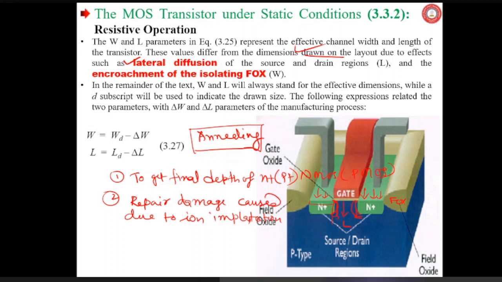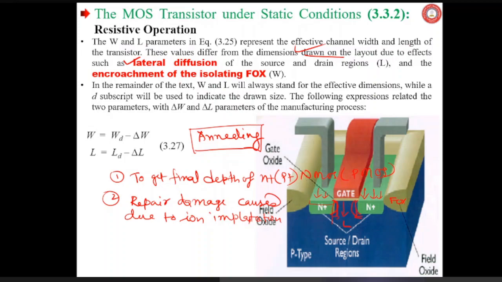It is used to isolate the MOSFETs. It is all around the MOSFET. You see that three sides you are able to see, but yes, the fourth side is towards you. So all around the MOSFETs, the field oxide is there to isolate the MOSFETs from each other, because billions of transistors are sitting on a chip, and the material on which they are sitting is not an insulator, but a semiconducting material, P type in this case.